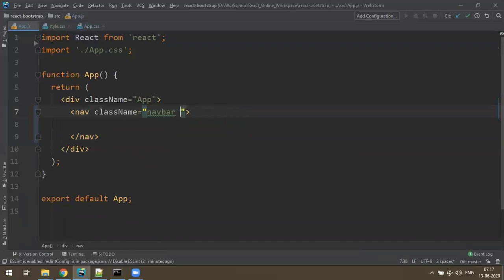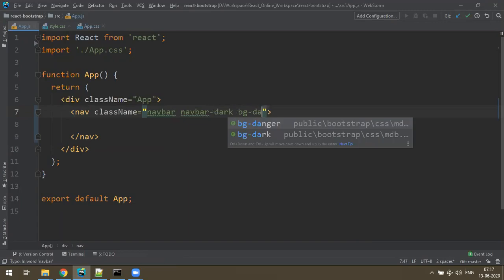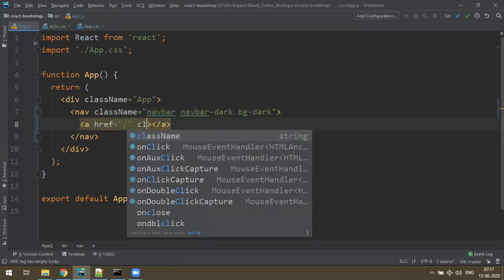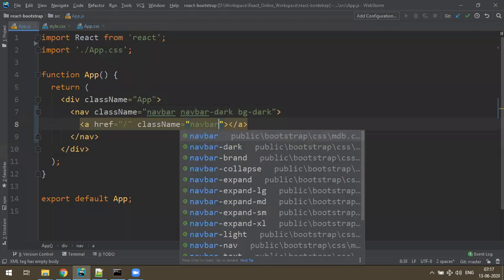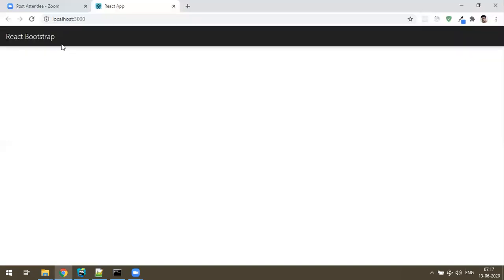No, sorry, navbar-dark and bg-dark. Okay, so inside I just write some anchor tag, some hash, and give the class called navbar-brand, and let's make some React Bootstrap. Okay, so what happens? You get a nice navbar. This is a Bootstrap navbar.